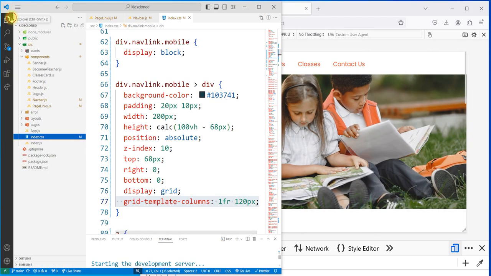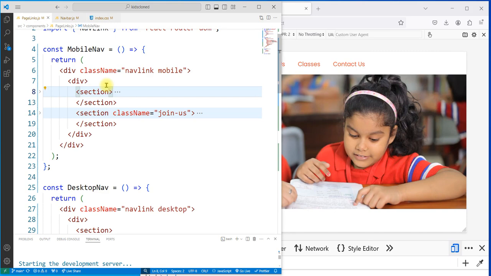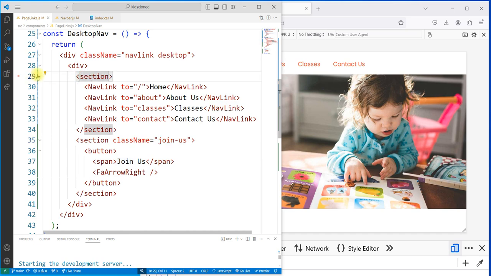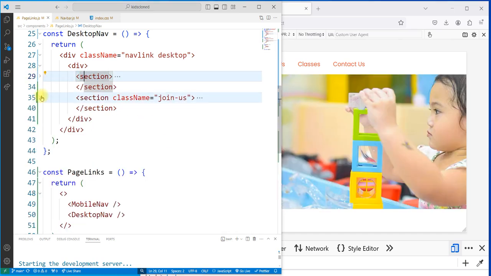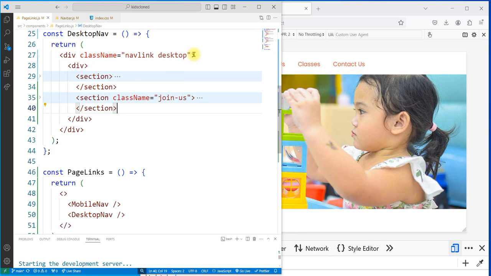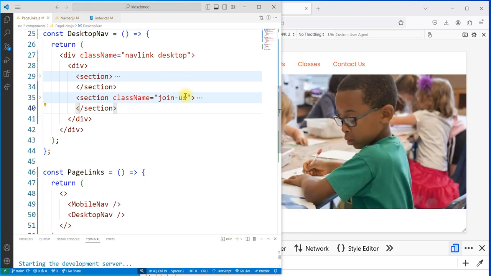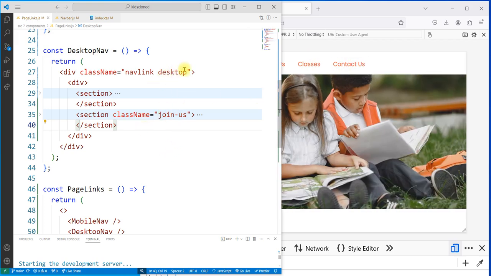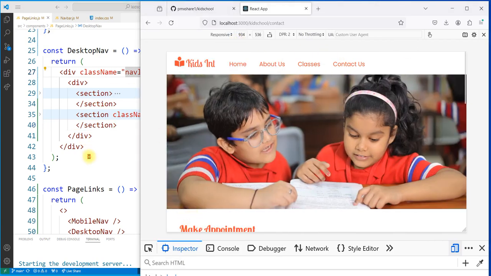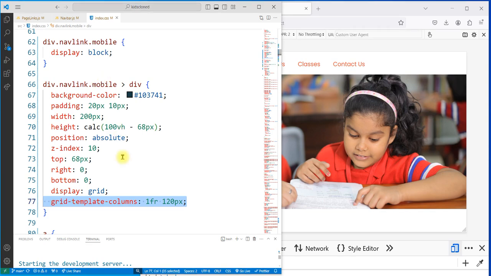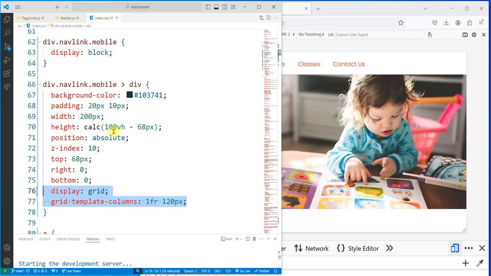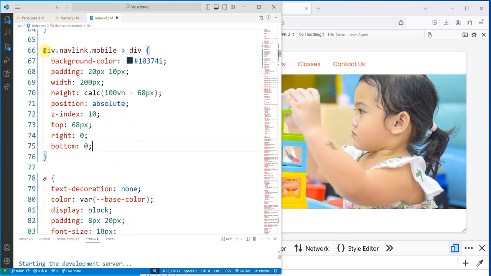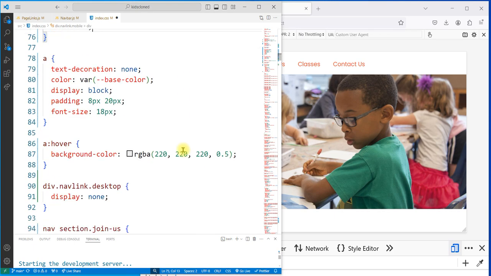Let me check for the desktop side. This is mobile, so desktop, we have this. So in the section here, we can actually tell it to do it for, oh, are we doing it for mobile? Let's check, because we have two sections. Oh, we are doing it for mobile. It's wrong. Let's cut it from here and then do div nav link desktop, and then